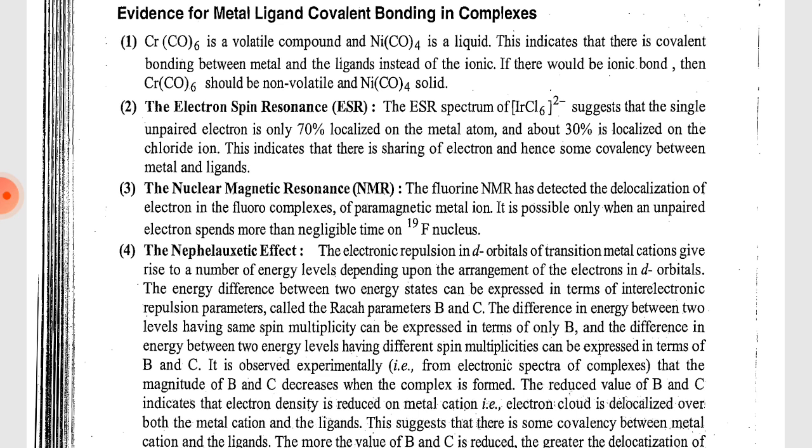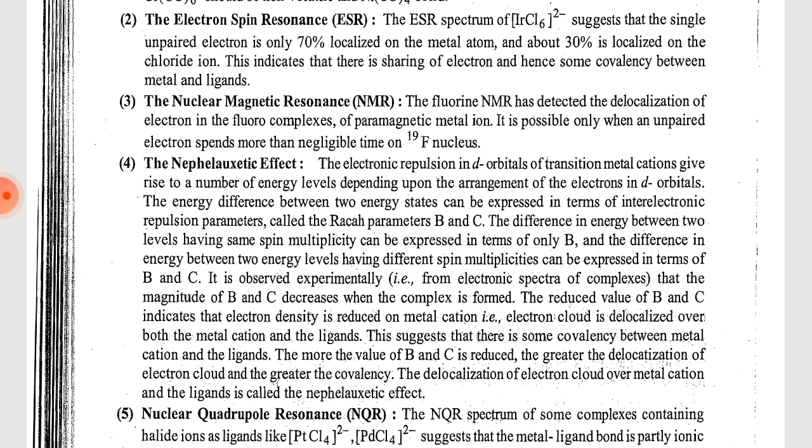Third, nuclear magnetic resonance, NMR. The fluorine NMR has detected a delocalization of electron in the fluoro complex of paramagnetic metal ion. It is possible only when an unpaired electron spends more than negligible time on 19F nucleus. Fourth,